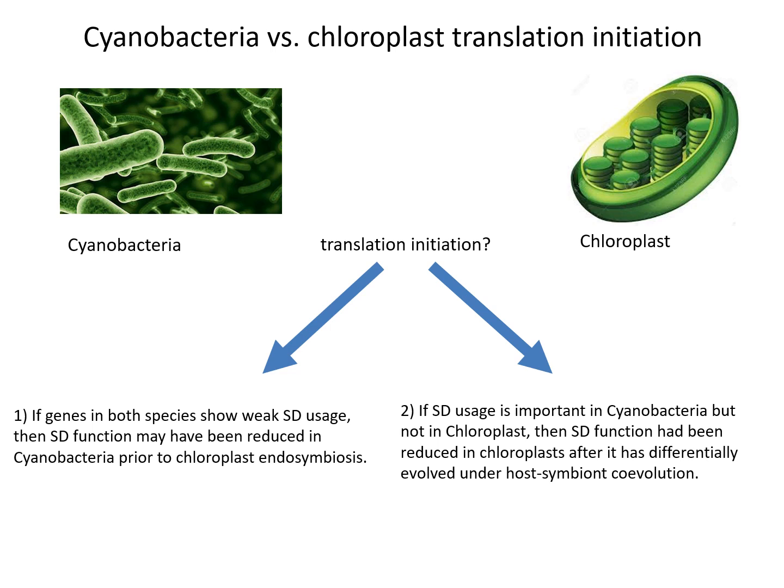Here we applied our model on a special case, the translation initiation process in cyanobacteria and chloroplast. Previous research has shown that the SD sequence is less prominently found in chloroplast. Its location was not well conserved. Mutating the SD sequence or deleting the 5' untranslated region entirely did not strongly affect chloroplast gene expression. These led to further findings that chloroplasts have unique ribosomal proteins, and its translation initiation may require a different trans-acting